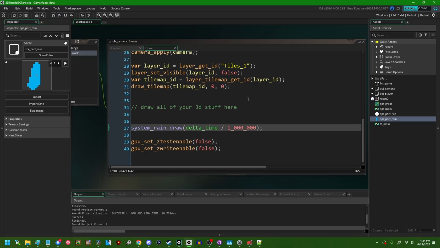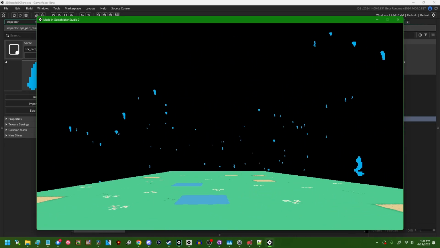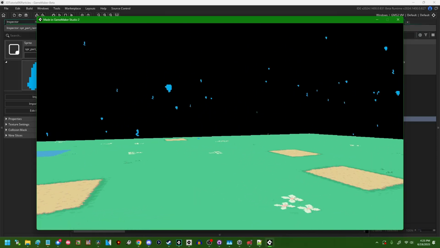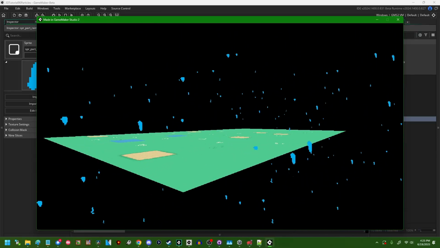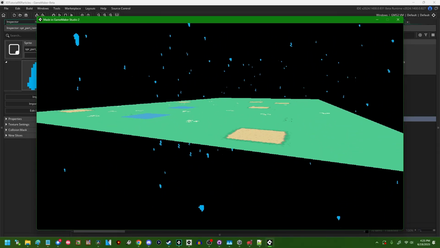Let's go and run the game now. And we are going to have these raindrops falling from the sky. All right, great. We've got 3D particles. We can see that they actually have depth. So we've got particles that are spawning farther away from us being smaller than particles that spawn closer to us. We can also see that they